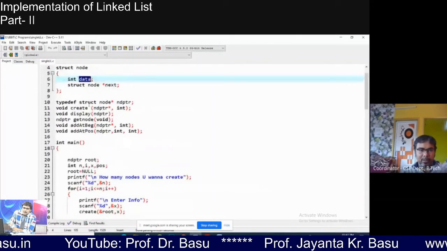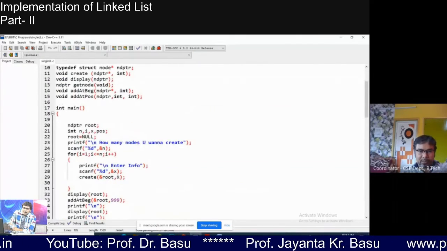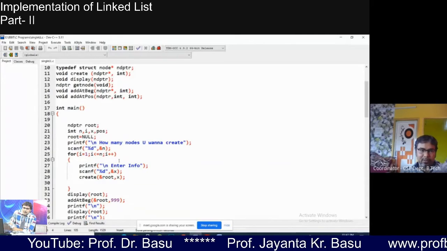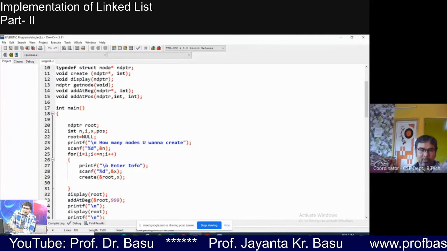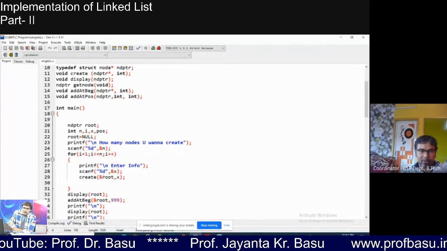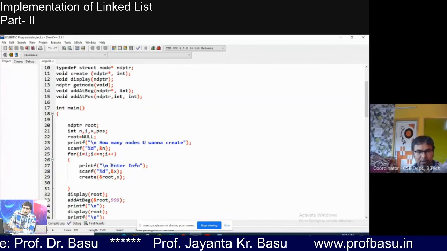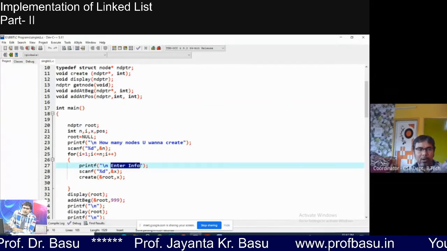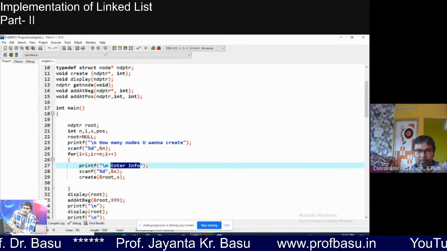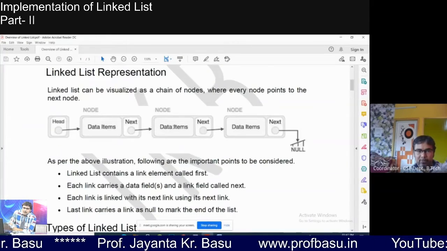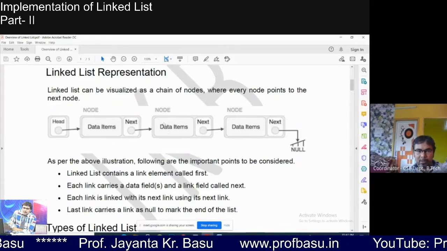So that data part needs to be sent. That's why we are asking the user, each time when we are adding a single node, what will be the data part for that particular node. Each and every node has its own data part.